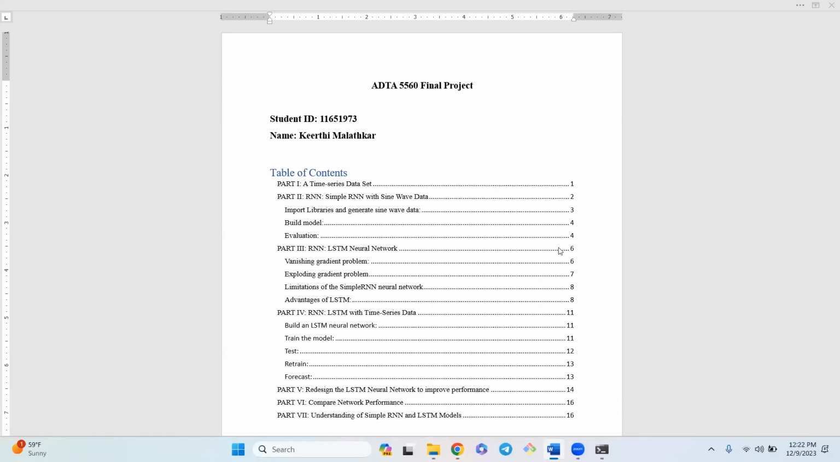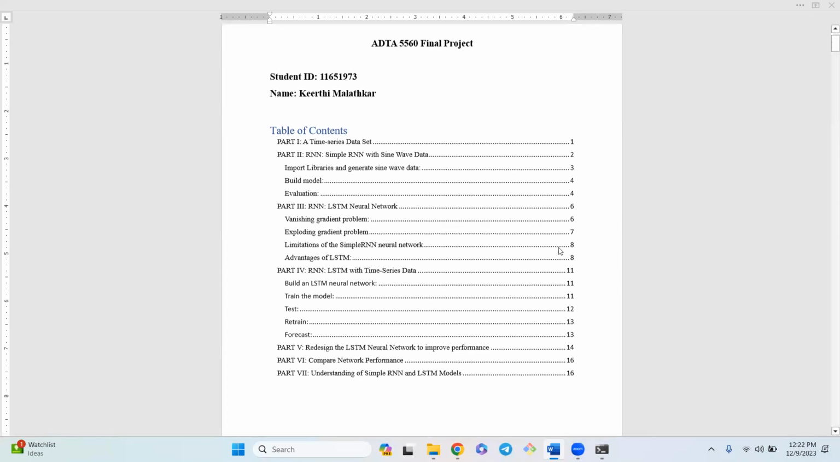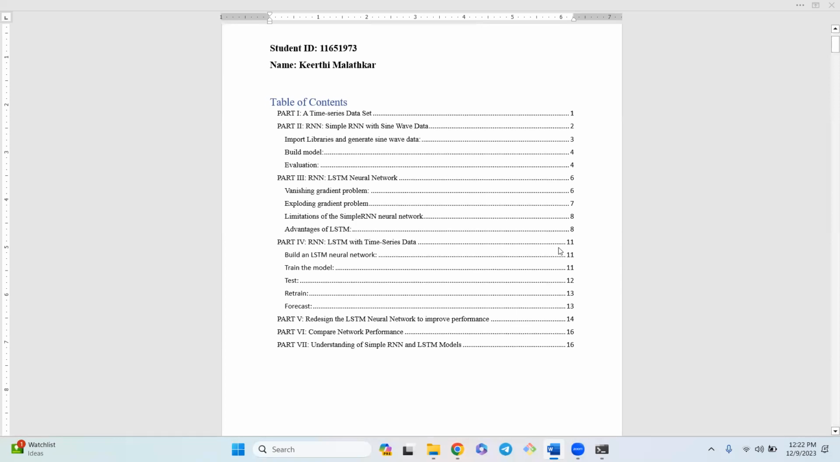Hello everyone. Today I'm going to demonstrate my final project of the course ADTA 5560, which is a recurrent neural network. This project will consist of a total of 6 parts. The first part is about selecting a time series dataset, the second part is about creating the sine wave data using the simple RNN model, and the third part is about